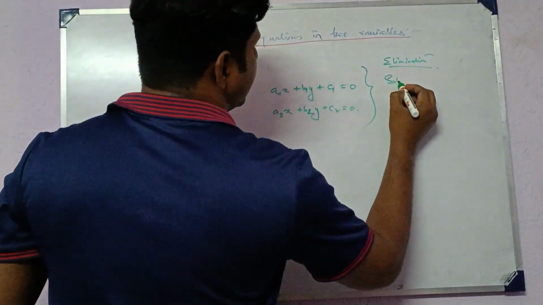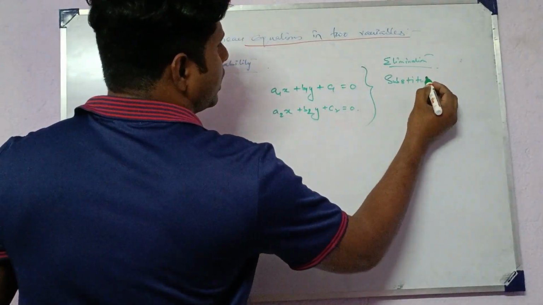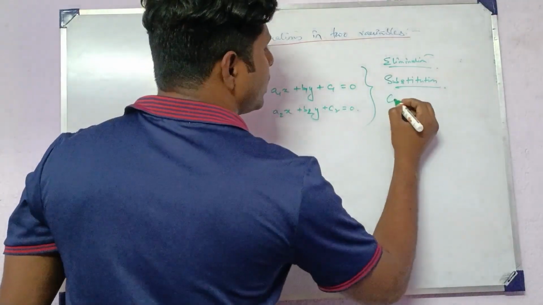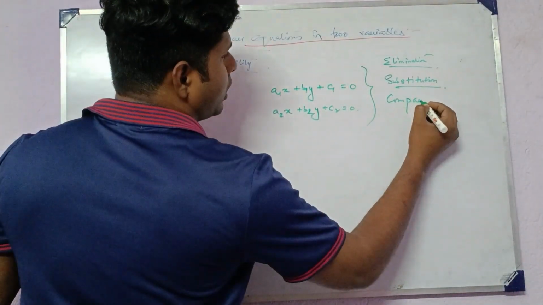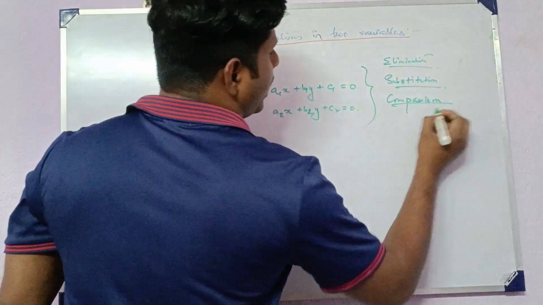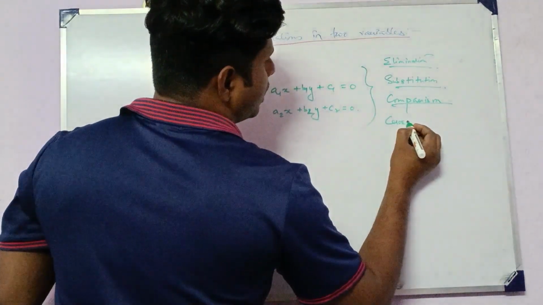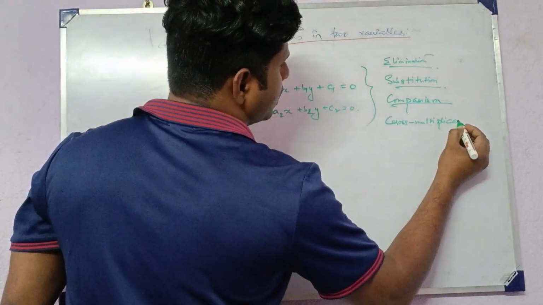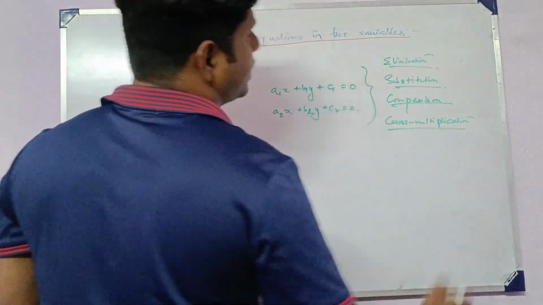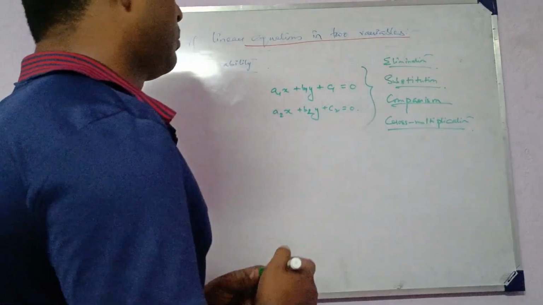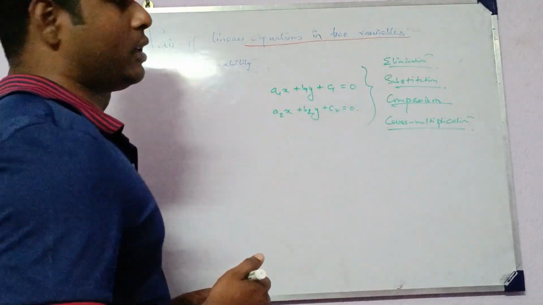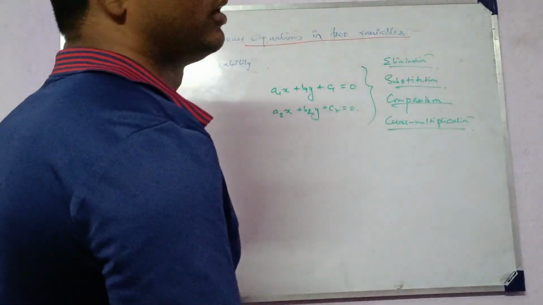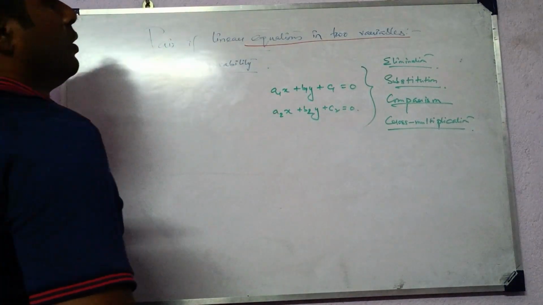another one is substitution, another one is comparison, and another one is cross multiplication. এই চারটে ছাড়াও you can solve this equation with the help of determinant and matrices, but ওটা তো এখন লাগবে না।